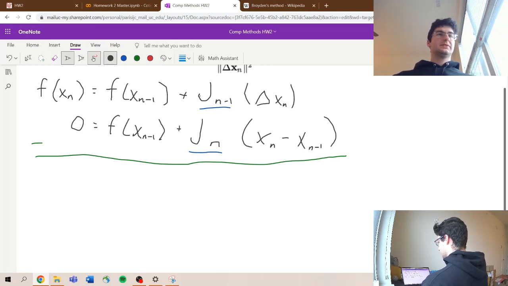If you subtract these two functions, you notice right off the bat that these cancel. And what you're left with is f of x_n equals, that goes to 0, so equal to